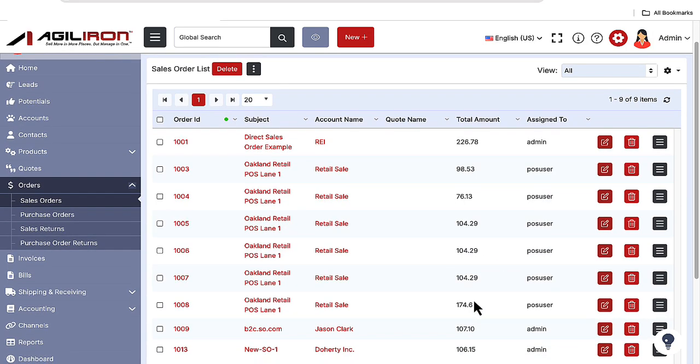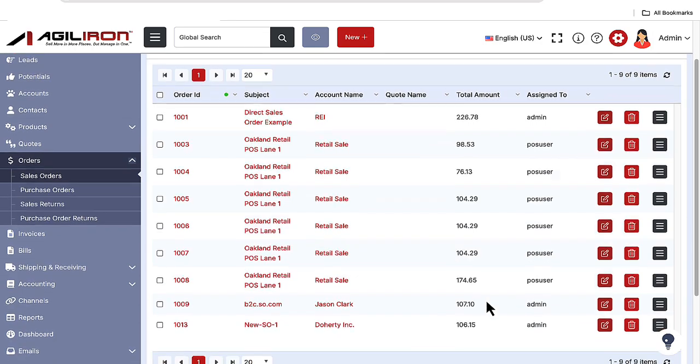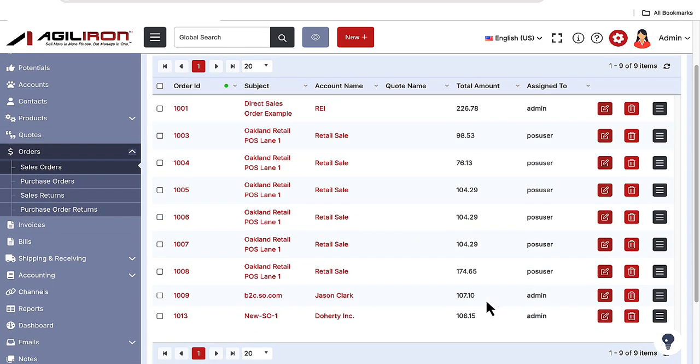Sales orders in the Agiliron system support multiple, partial, or split payments on the order. This can be used in various scenarios. A couple of examples: charge the customer a deposit at the time of the order and capture the rest at completion, or offer convenience to the customer to pay by 2 different payment methods, 2 credit cards for example. Irrespective of the usage scenarios, the Agiliron system can handle any number of payments on an order by following the